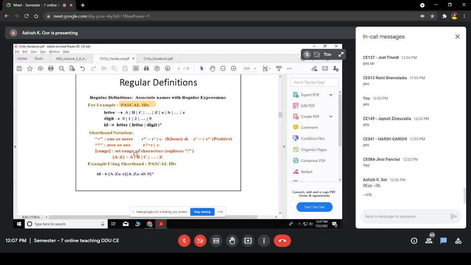So this is a shorthand. Remember, if you don't want to write it like this, A or B or C, you must have used in Lex A to Z, which means either A or B or C up to Z. I can also write an ID in Lex like this. You must have seen this syntax: A to Z or small a to z, followed by A to Z, small a to z, and 0 to 9 star. That is an identifier, which is the same as this.